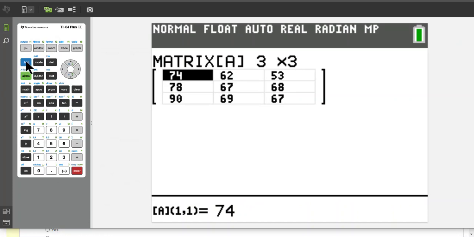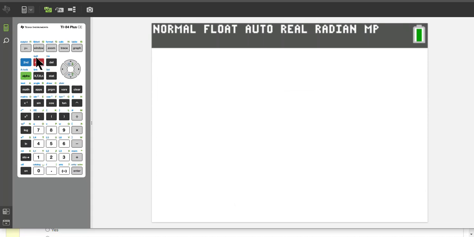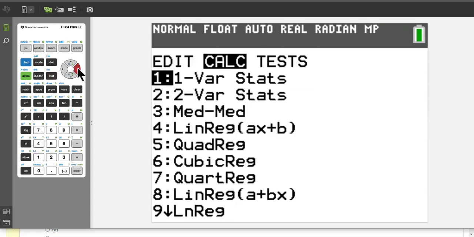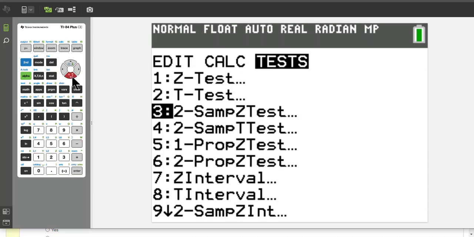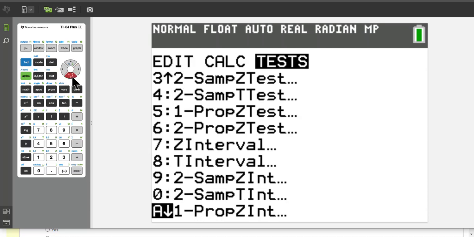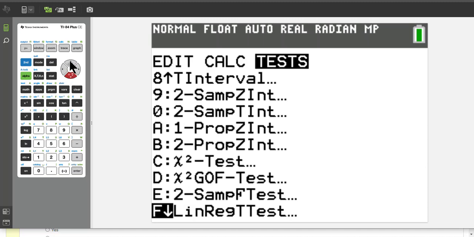Then I back out of the screen by hitting second and then mode for the quit. Then I go to statistics, over to test, and down till I find the chi-squared test of independence. There's also the goodness of fit test, but that's for a different type of problem. We want the chi-squared test of independence. So then I hit enter,